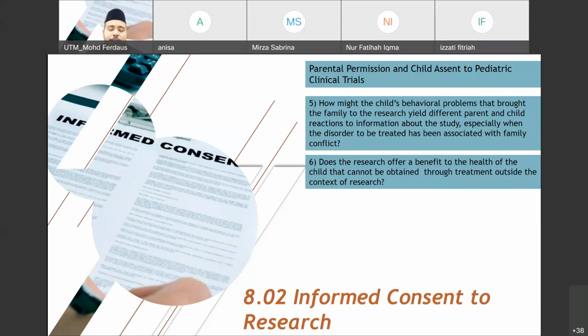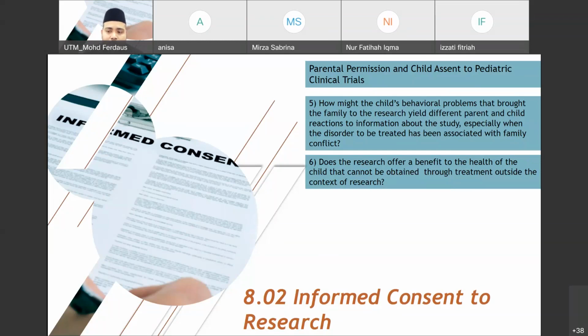In fact, it's not advisable for us to proceed on the basis of the children's assent only, or on the basis of the parents' assent only. Maybe we need to ask for advice from the relevant authorities first, such as an enforcing officer or Jabatan Kebajikan Masyarakat, in order for us to get them involved in our study.